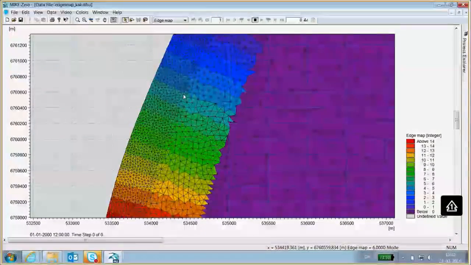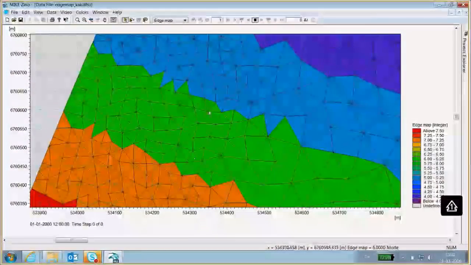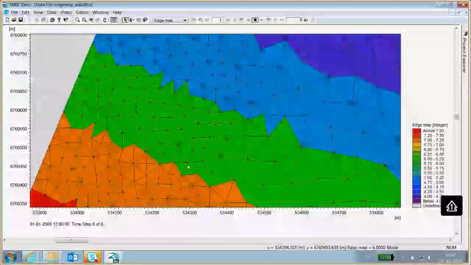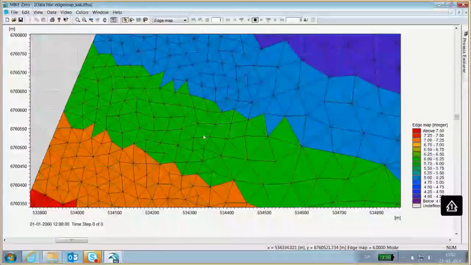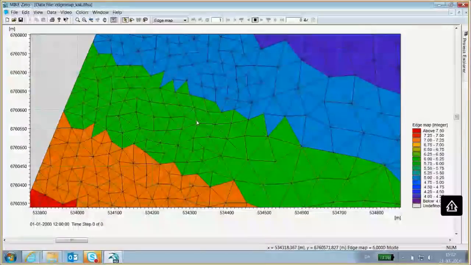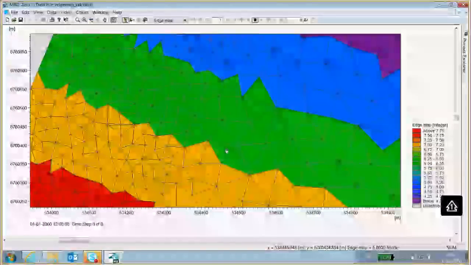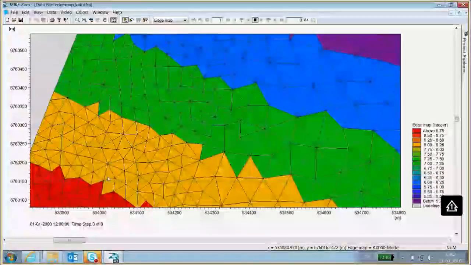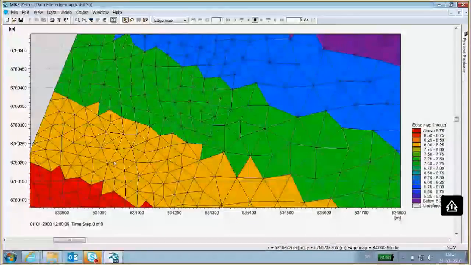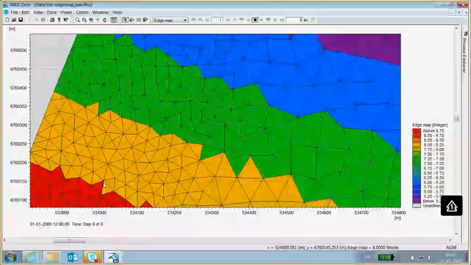We would like to have a well-defined strip described by a number of points, and normally I say we need at least 2 to 3 elements with the same map value next to each other across such a strip here. You can probably get by with less, and you can see here we have 1, 2, 3, 4, 5, 6, 7. So here we have 5 to 6, and we actually only need 2 to 3.